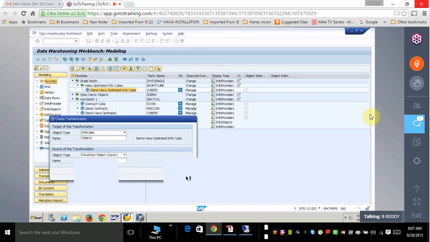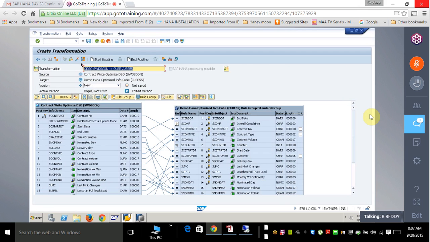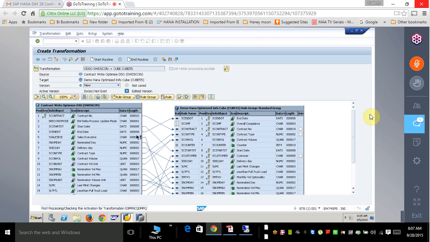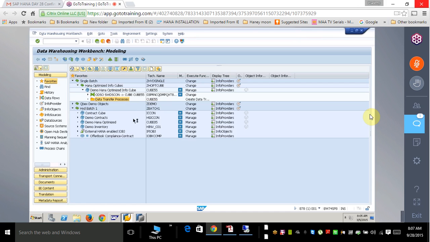The DSO classic, DSO advanced, advanced DSO. Okay. If I'm just creating the DDB for loading,